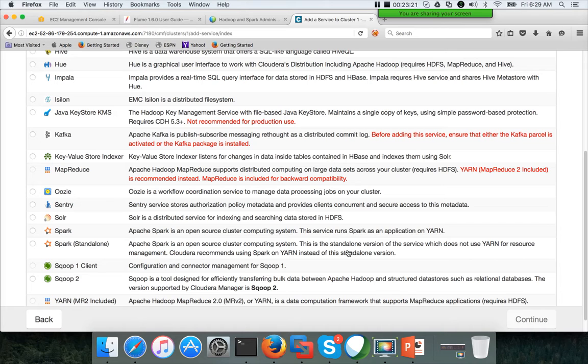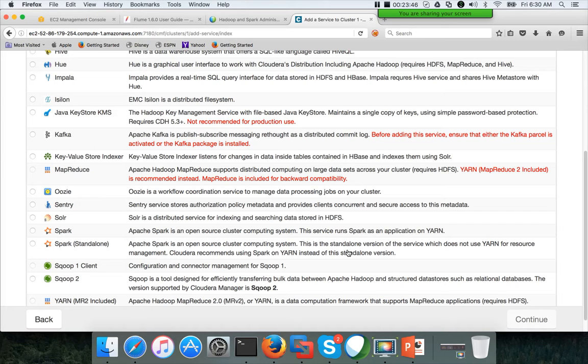So all these are nothing but software processes which support the cluster: resource manager, app timeline server, job history server, and node managers are the ones which will be monitoring the cluster, and which will help us in getting the details of the jobs and applications once they are executed. Okay, so choose those things.